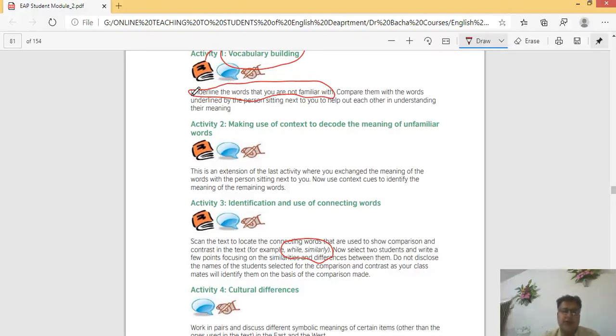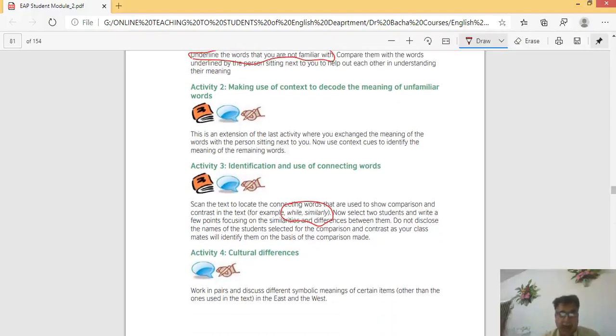Compare them with the words underlined by the person sitting next to you to help each other in understanding the meaning. You have to look at the paragraphs and underline the words you do not know or understand. Then you must share it with your friend, and he or she should share her or his list with you